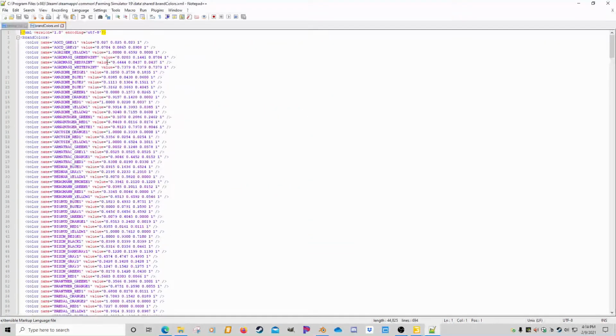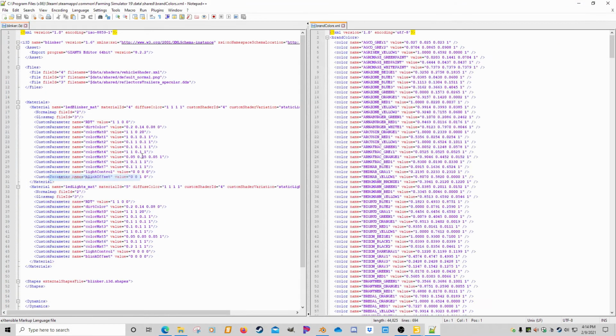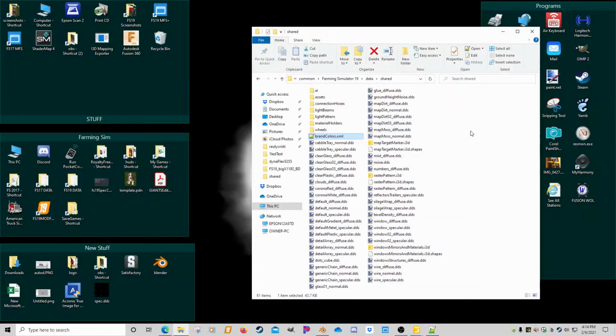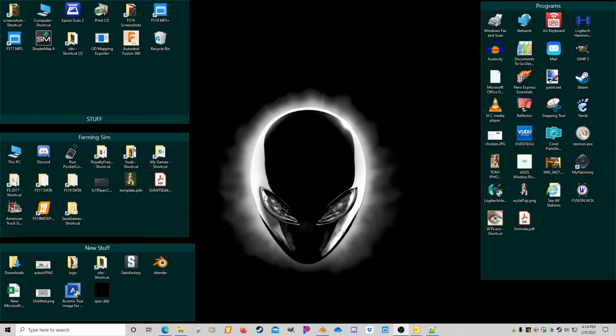There's brand colors, and I talk about this in a couple other videos as well. I'm just going to grab, see how this says orange? Well, if I simply take this line here and hit Control C, we don't want to grab 1 because that's material type. Here's my blinker material, so I want to go to color material 0, and I'm just going to paste those numbers right there. And I won't even get rid of this 0.2 because I think it'll make it a darker orange if I just make this 0. Now when I hit save and we go into that i3D,